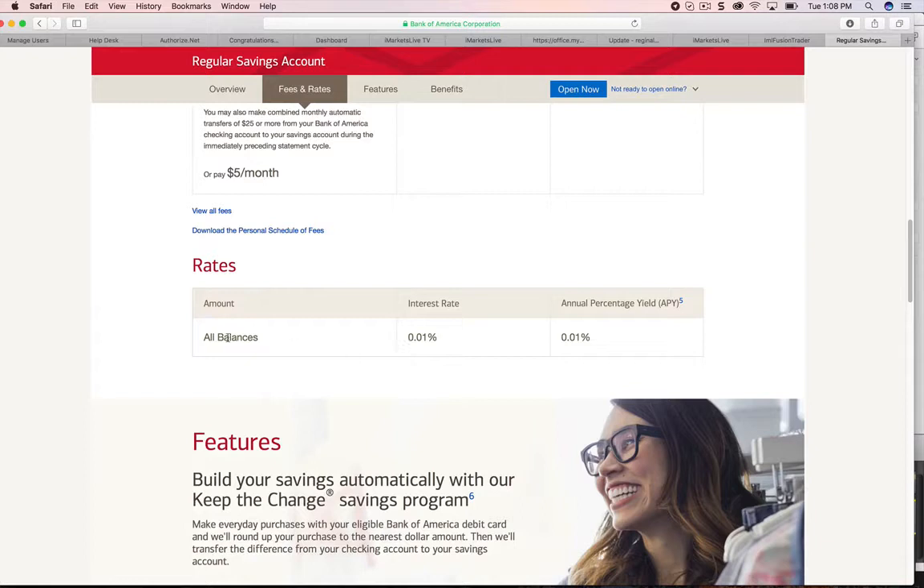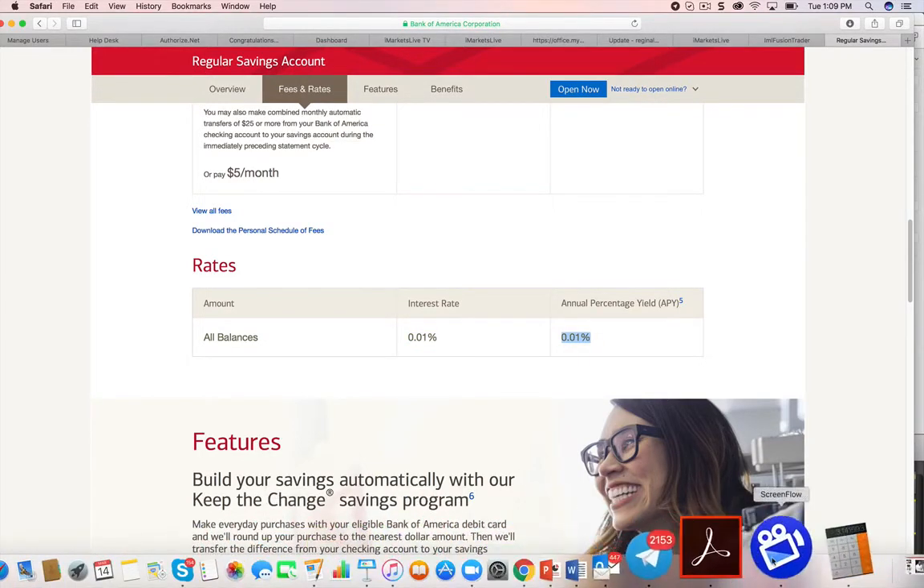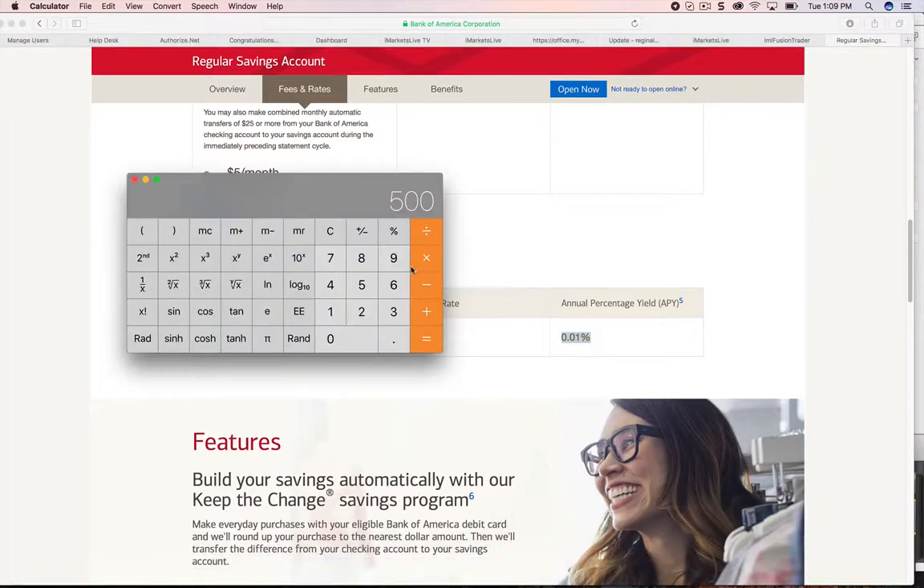Okay, so here it is. Rates, all balances 1% annually. All right, that's what Bank of America has. Okay, now typically on all banks, that's what it's going to be. All right, so let's say you have $500 in your savings account. People get excited because they're saving money, which is great. But on that $500, if you only manage to save $500, you're only going to make $5 a year on that. So in order for you to really make a lot of money,